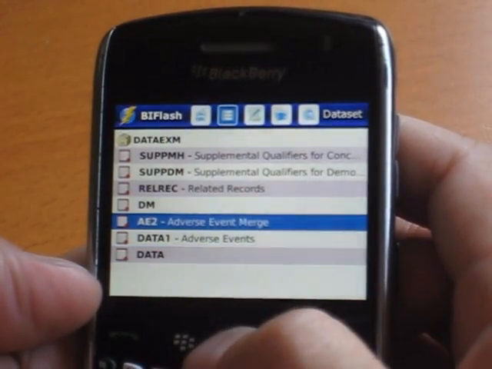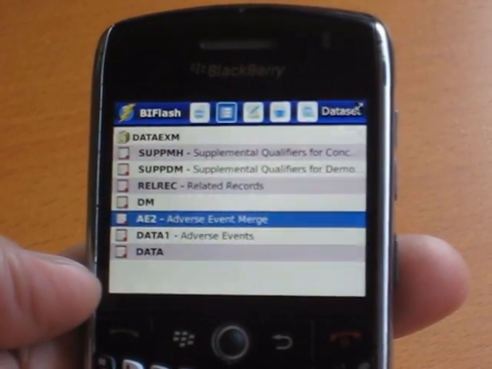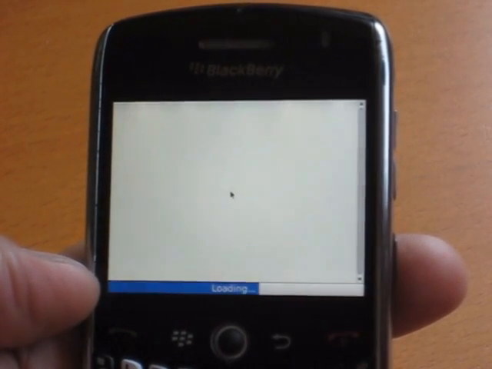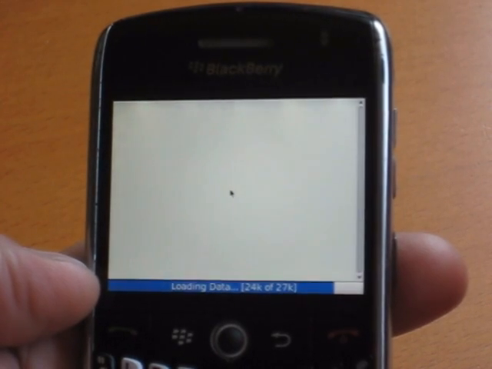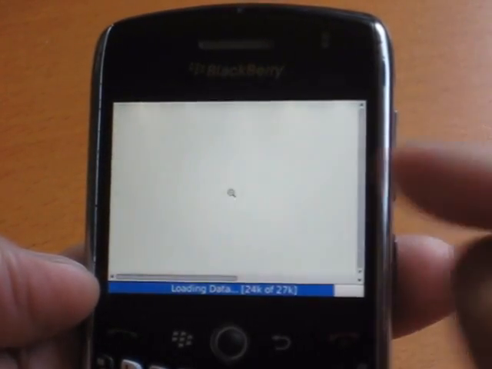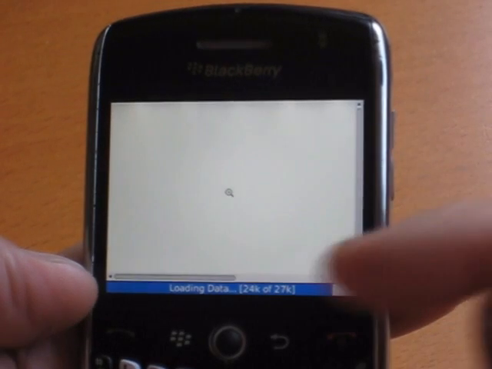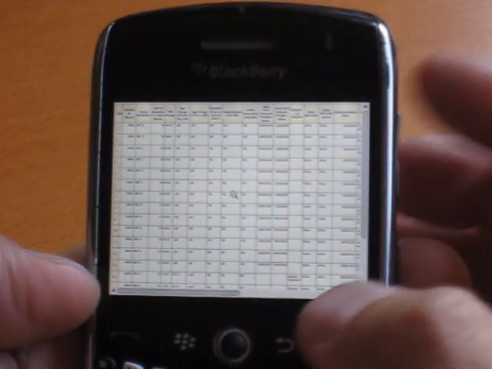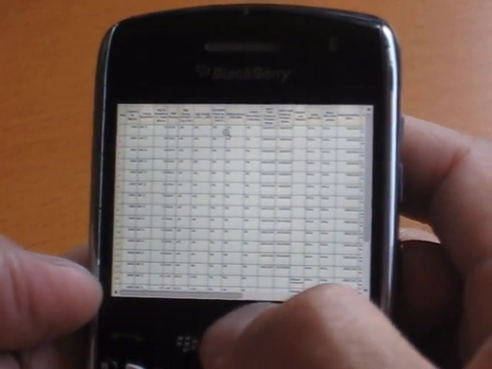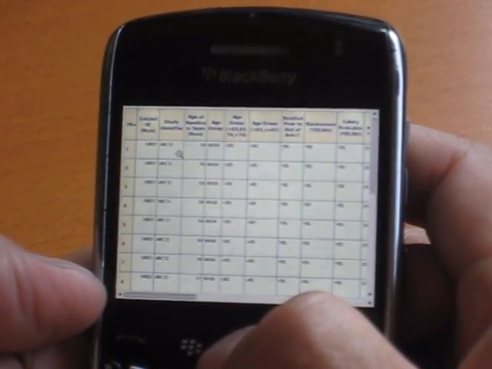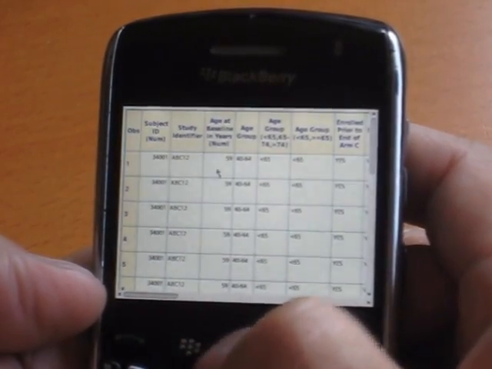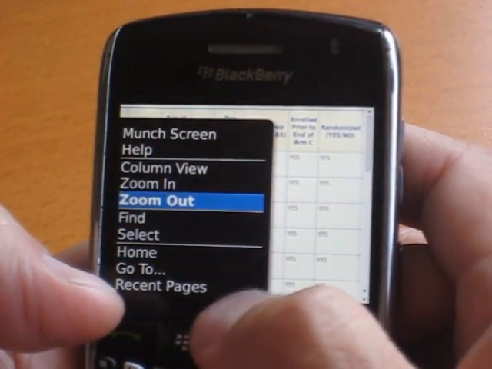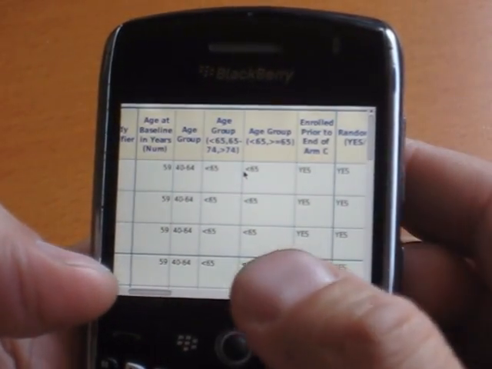So from this I can click on, for example, the adverse events data set here. It performs a proc print, or more of a proc report with ODS on the server, and generates an HTML output and delivers it back to the browser within the BlackBerry. So by default it's rather small, and you can zoom in by clicking on it here. If this is still too small, you can use the menu to zoom in and get really large to view